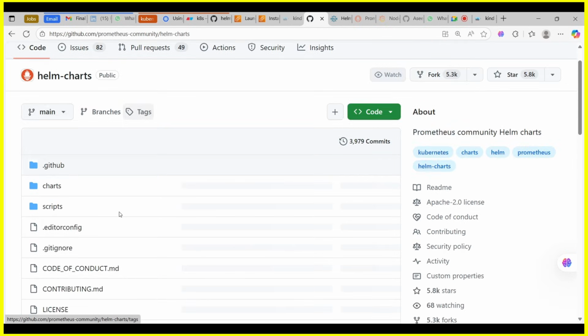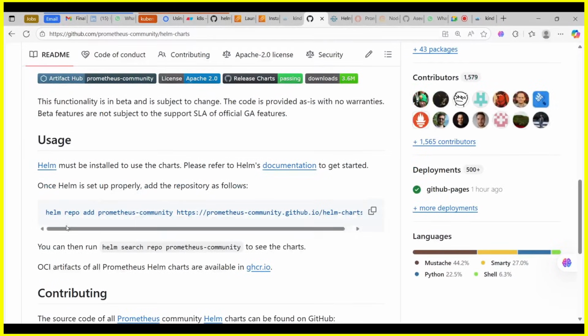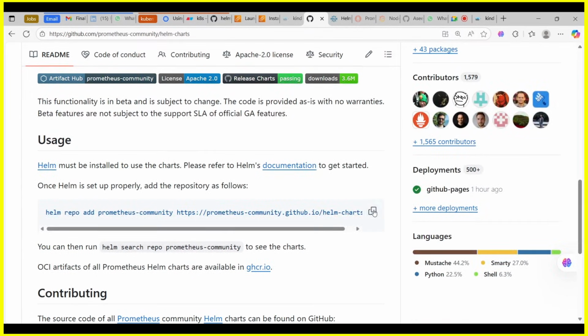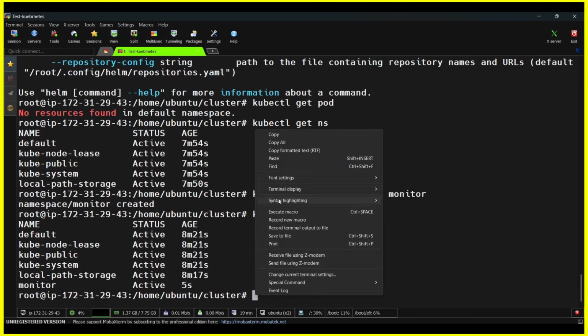Helm chart Prometheus community. So it's stating that we should use this Helm repo, and in order to get this repo and install it on your virtual machine, on the Kubernetes cluster, basically. So what I'm going to do is fetch it using this command: helm repo add prometheus-community. This is the one, right? Okay, that's fine. So I'll be pasting it over here